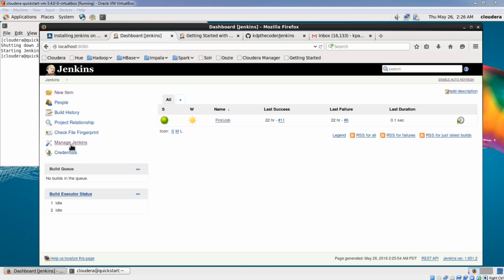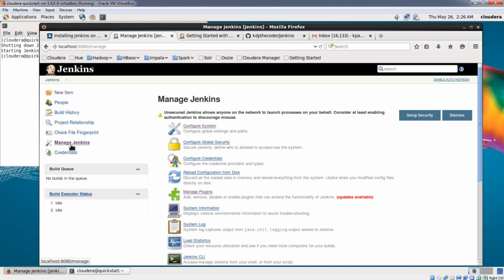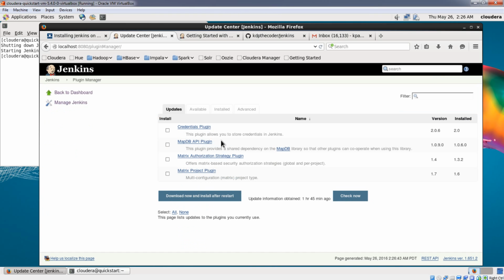So click on Manage Jenkins. Then go to Manage Plugins. Now, if you have some updates available, you can go ahead and make them available to Jenkins by selecting the plugins and clicking on download and install. But since for us, the updates have already been made available, we'll directly go into the available tab